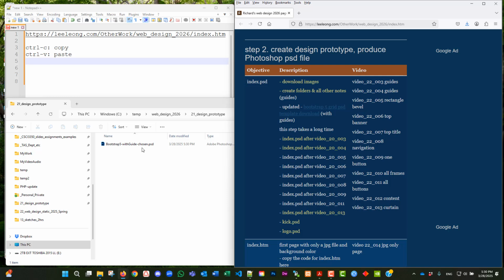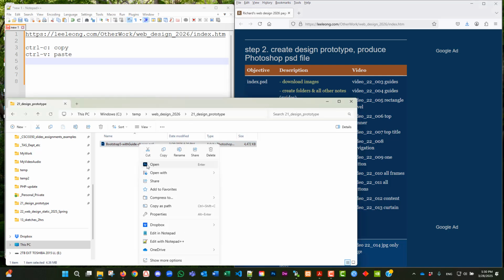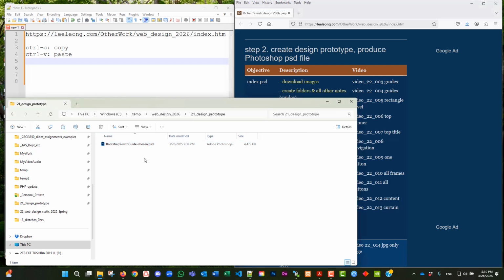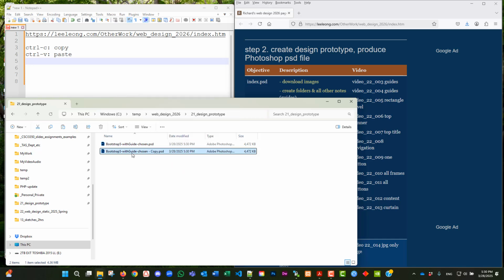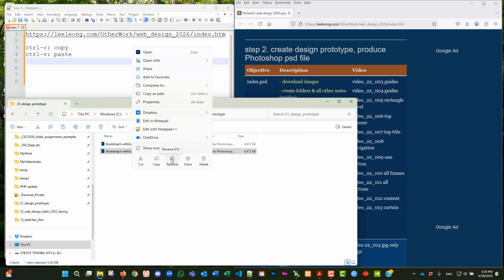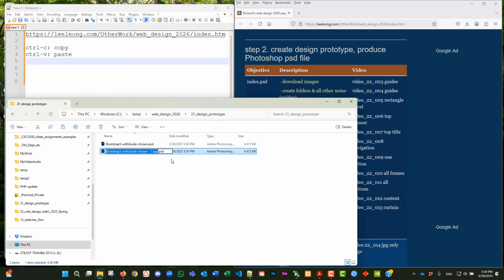So before we do anything, I'm going to make a copy of this. I don't want to mess up the original. Paste it. I'm going to rename it to index. So that is our first file. We are going to make it look like